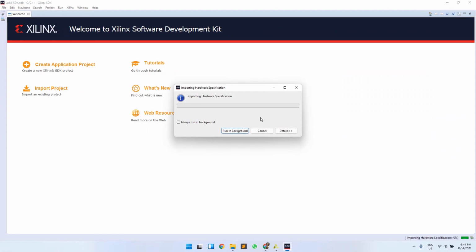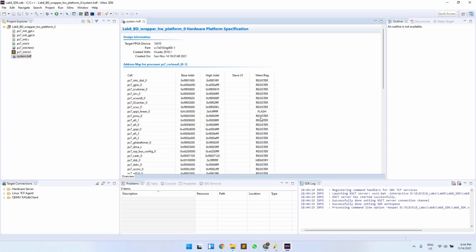The bitstream is actually used to configure your PL part, and from SDK we will write C applications or codes which will run on the processing system of your Zybo board. All right.